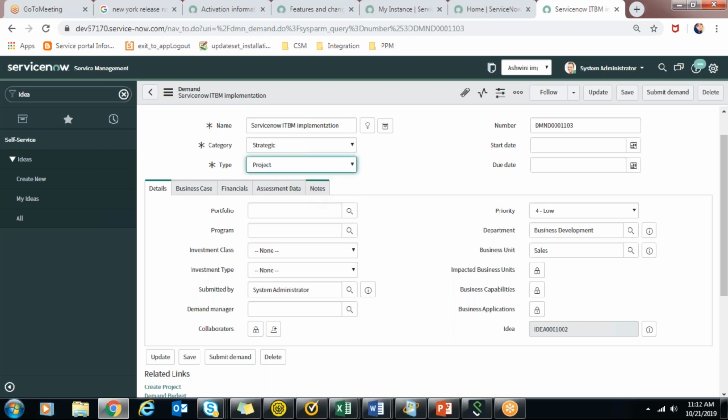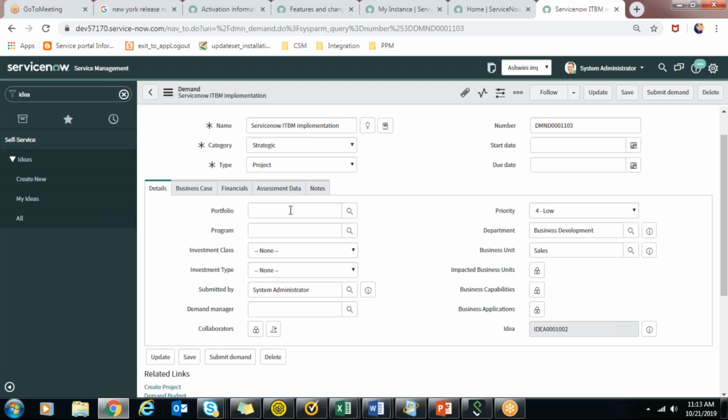So suppose we are choosing project and all, and then portfolio and program management, I can tell you that in an organization, wherever there is business improvement planning going on, they have a main portfolio, like IT improvising is a portfolio.